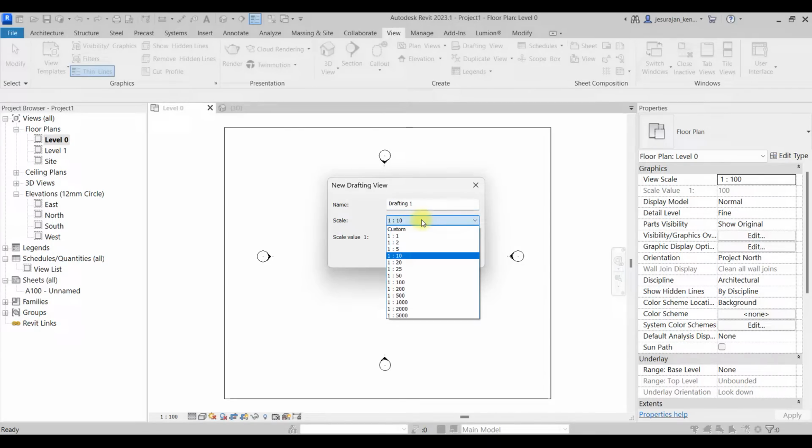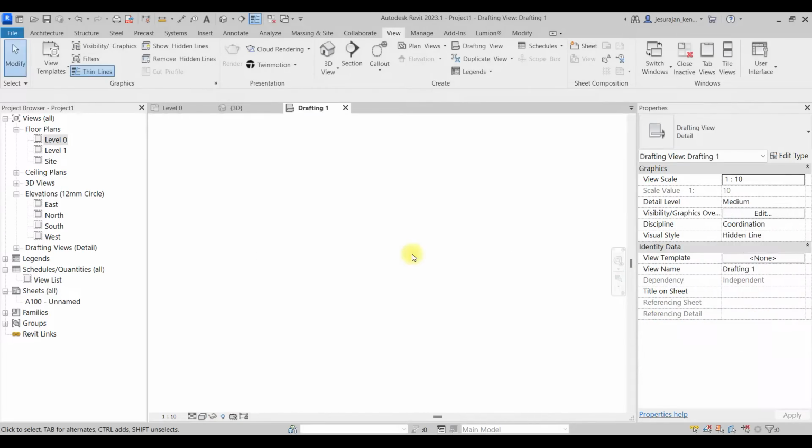You can give any name, that's your choice. You can select any scale. Okay, and if you say okay, so that's going to give a plain drawing area. Okay, so here you cannot add any 3D model. You can add only line, hatch,